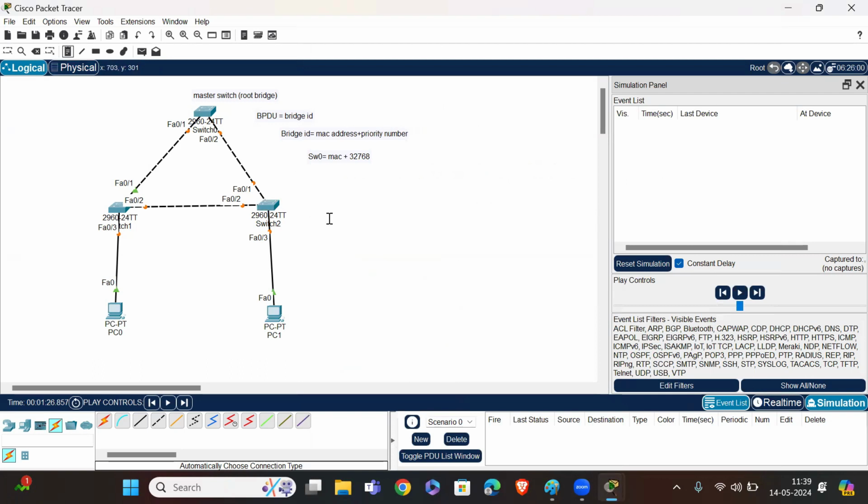So switch 2 is equal to MAC address plus 32768. Switch 3 is equal to MAC address plus 32768. Okay. So dear, before going to the method to select the root bridge, I want to tell you about